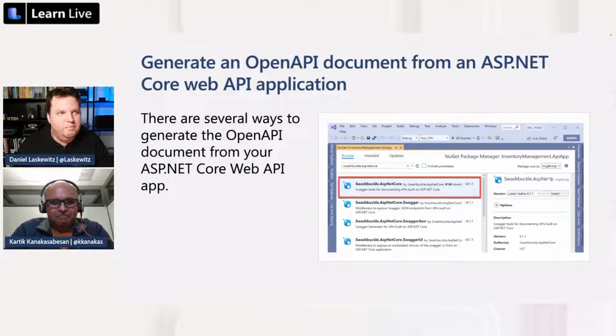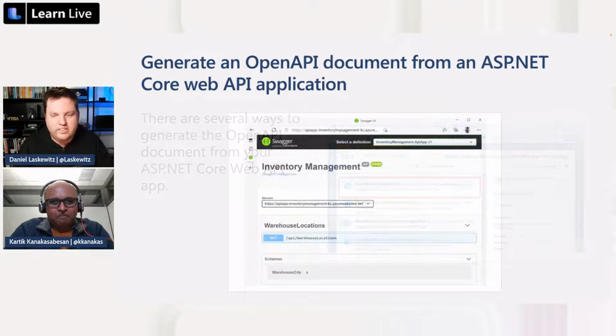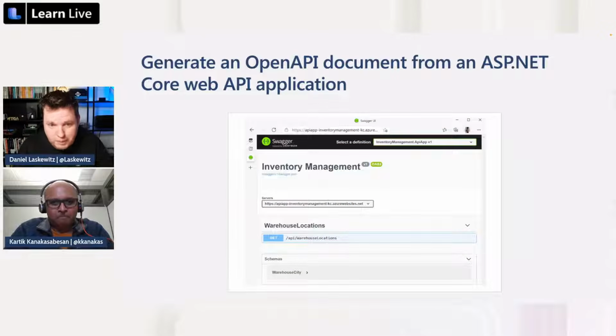And that's what will actually go into this part, because when you have added Swashbuckle to your web API and you run your project, then you can see the Swagger UI, and that will show you all the different operations that you have inside of your